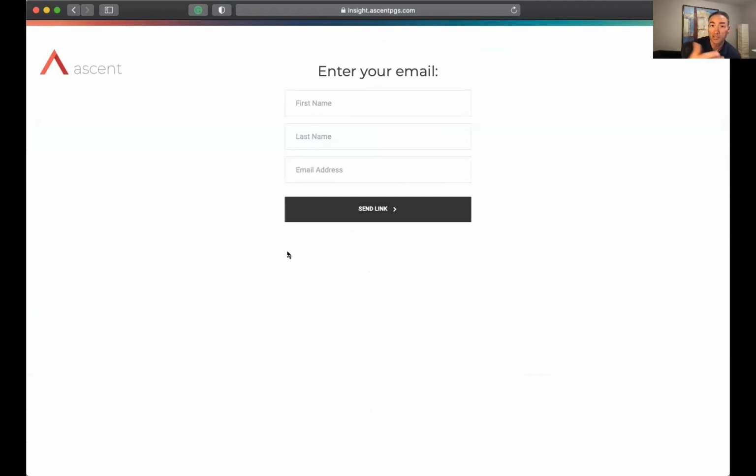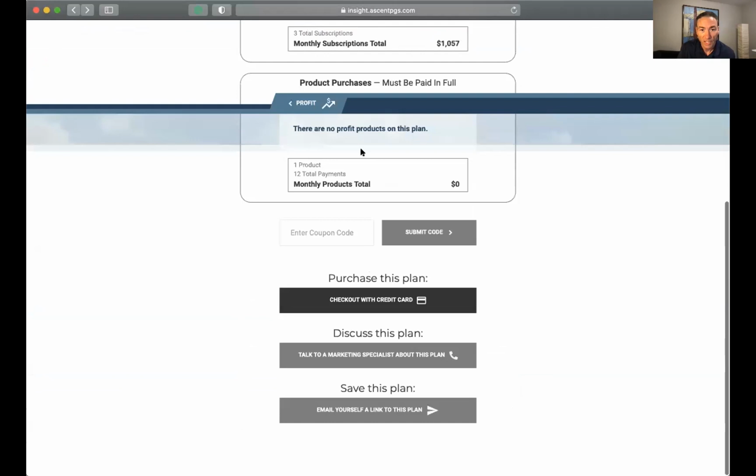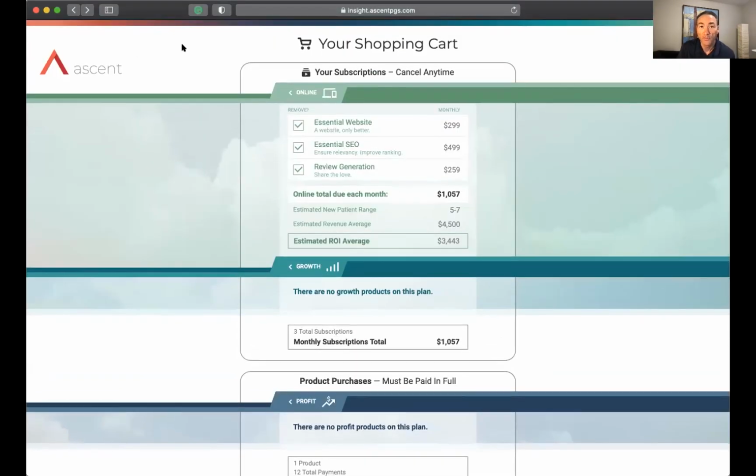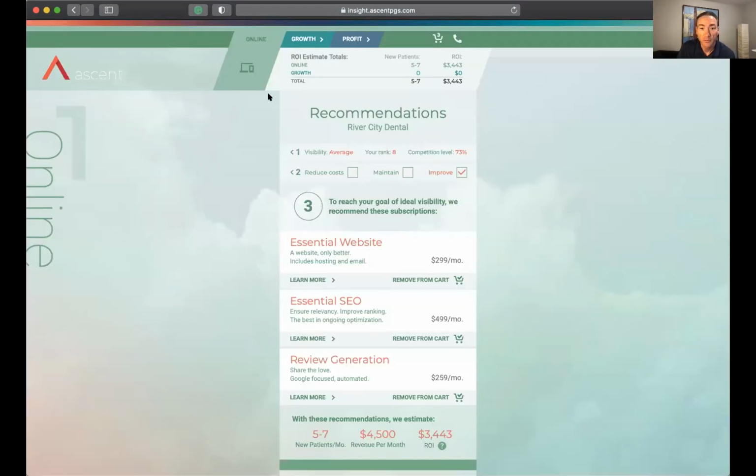It'll send you a link, and then you can just come back to it at any time to play with it, or look at the other products or whatever. So that's how that works. Hopefully that was great for you to be able to see,